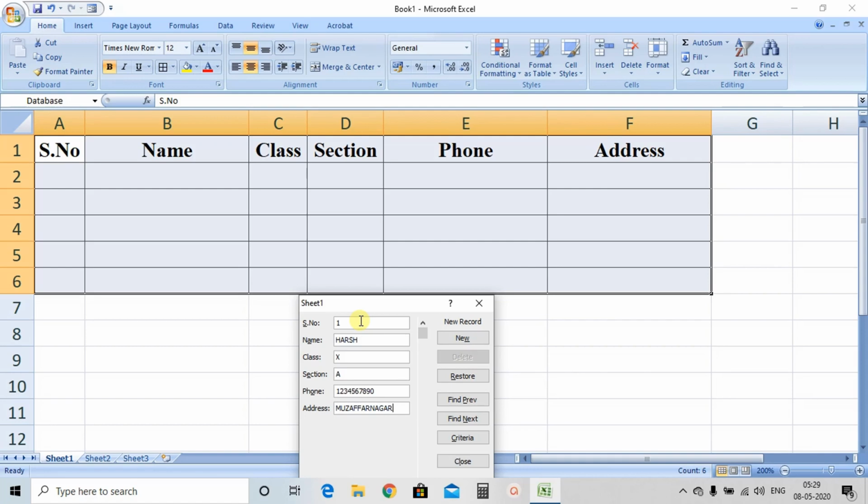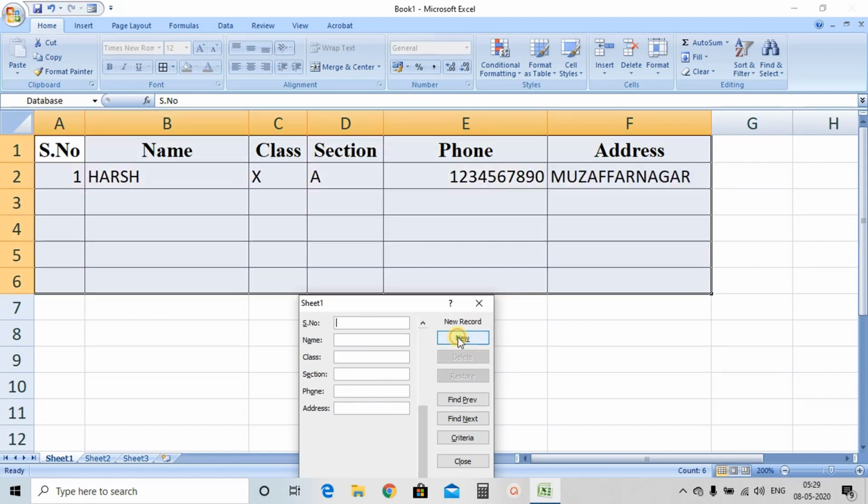Now either press the enter key from the keyboard, or you can click on the new record button. So I am clicking here on the new record button, new. As soon as you click on the new, the record which you have entered will be entered in the Excel worksheet. See.